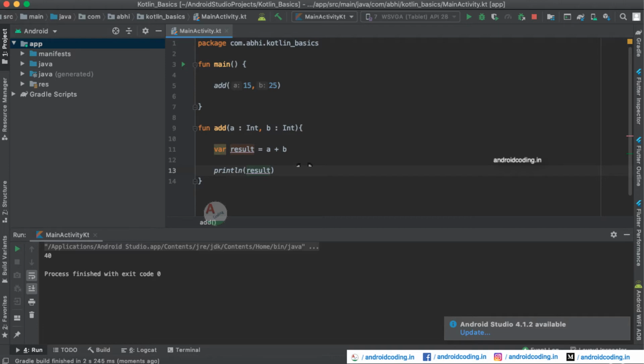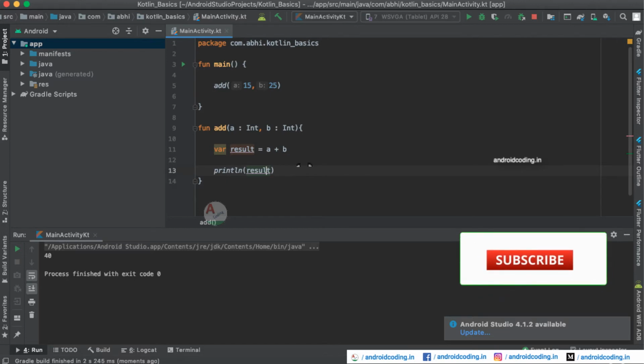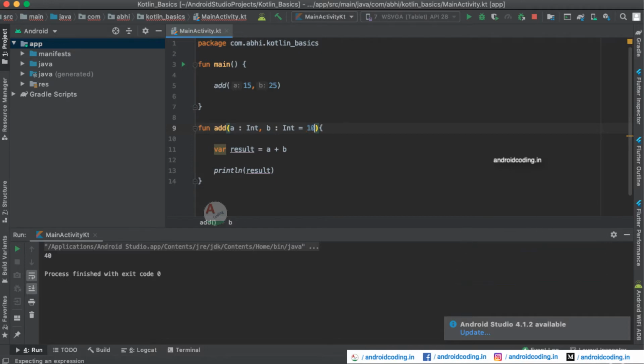We can also provide some more features to our function. Like what if I don't want to pass any value, I just want to call the function? Or else I have forgotten to pass the value of b, and so I specify a default value here, 10. So here you can see we have declared the variable, and I am also initializing the initial value here. But here if I am passing 35, so we have provided a default value 10, and also I am providing the value 35 at the time of calling.